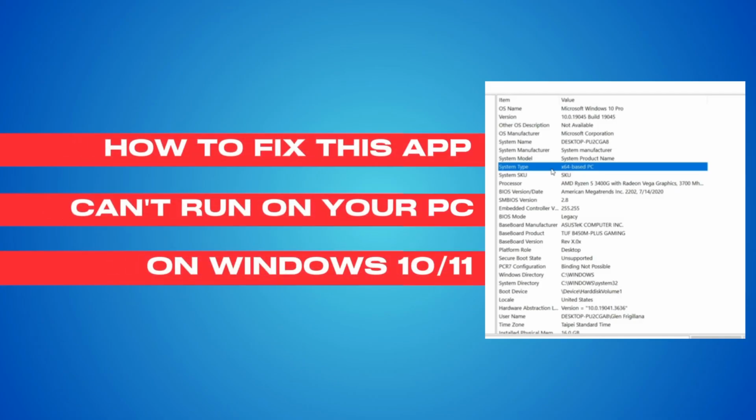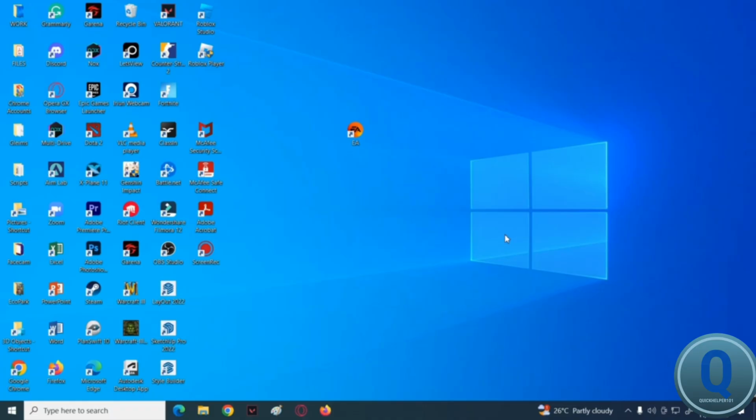For today's tutorial, I'm going to show you how to fix the error: This app can't run on your PC, Windows 10 or 11. To start this tutorial, before you download any application, make sure to know what your system type is, and then